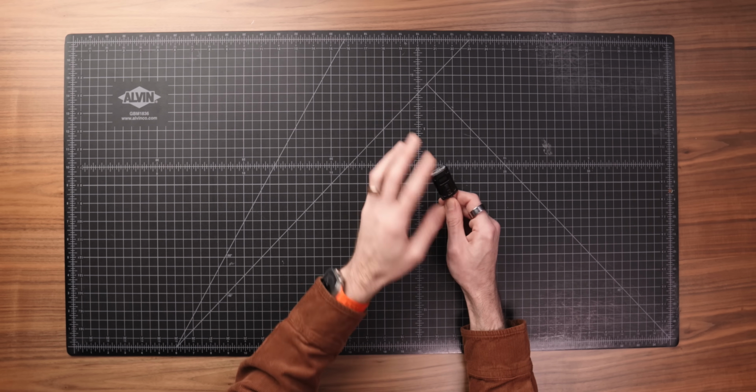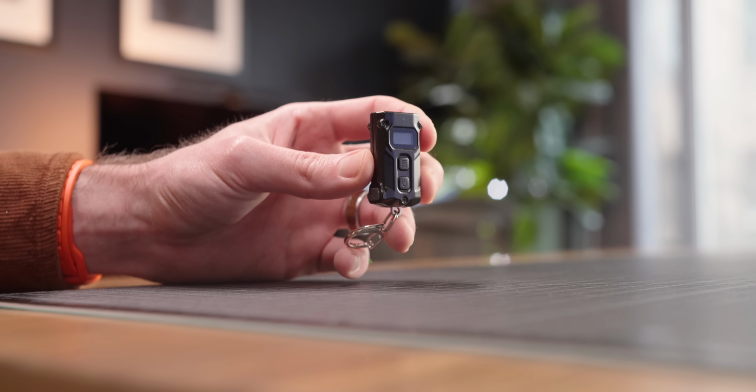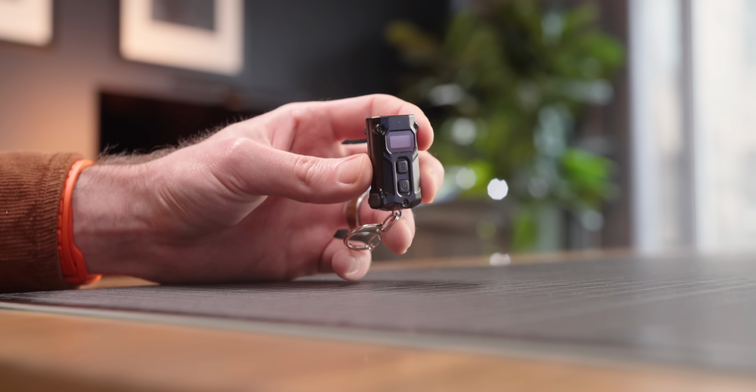Operation here is extremely similar to the Tiny 2 if you're familiar with that. It's really nice and easy to navigate around the menus. You have an OLED screen display on the front, which I really like, so it'll show the lumen output, but it'll also show the remaining battery time with whatever mode you're in. Super handy if you want to go with some of those higher ones and are worried about how fast it's